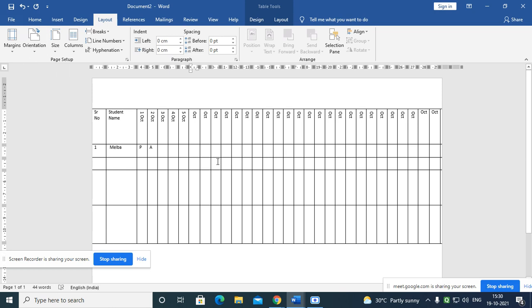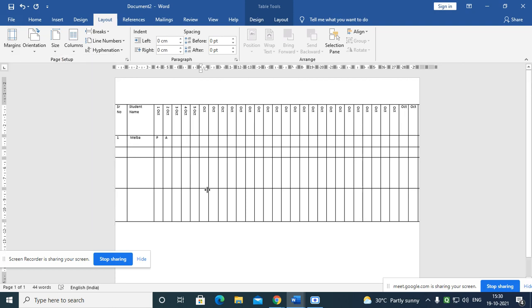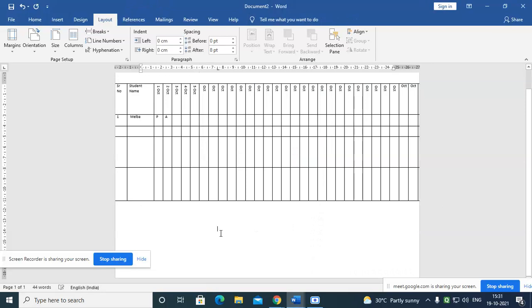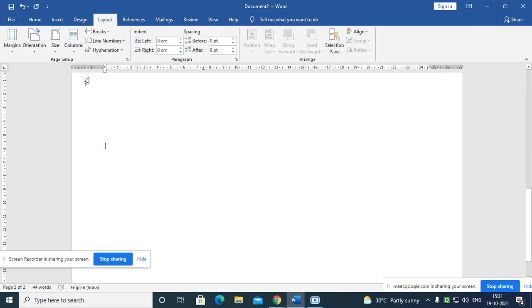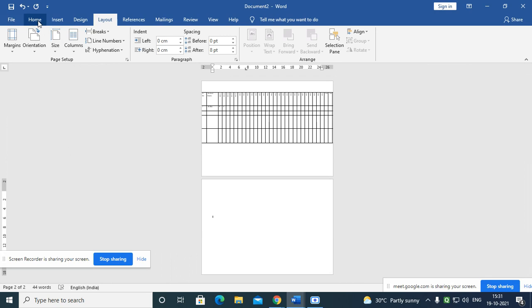Now one more option is there: margin. Now you know what a margin is. For any book or notebook, you can see that on the left side some space is left. That is called margin. Here, if you see, this much is the margin, the left margin. Here we have the right margin. And again, here we have the top margin. That means, see, if I write something here,